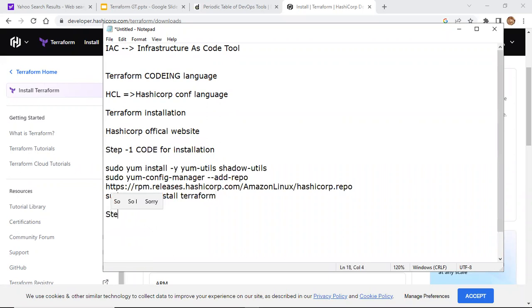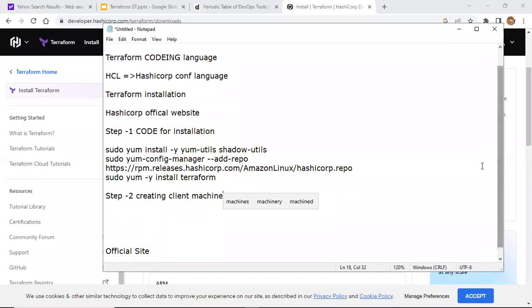And then step 2, of creating a client machine. Okay, client machine. What we are going to create now is a Linux machine. We can have a client machine as our own PC, as well as we can create a server in a cloud. Both the things we can do.